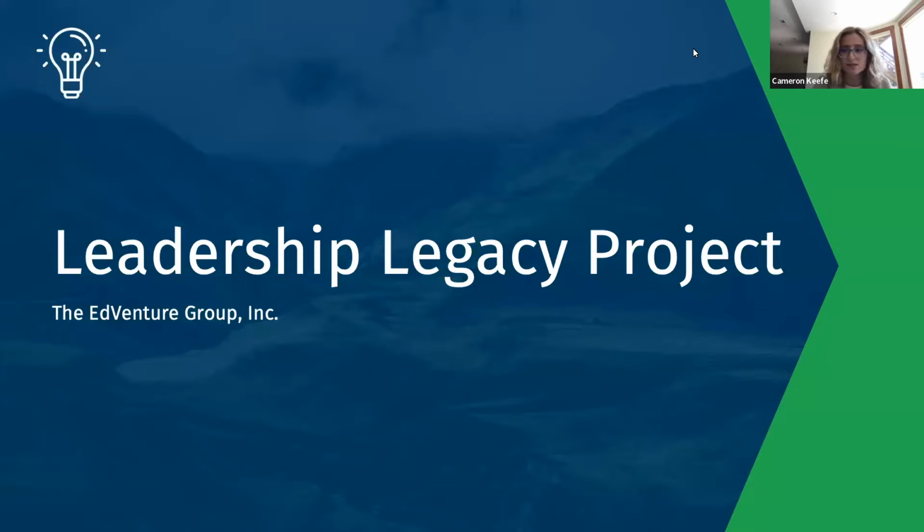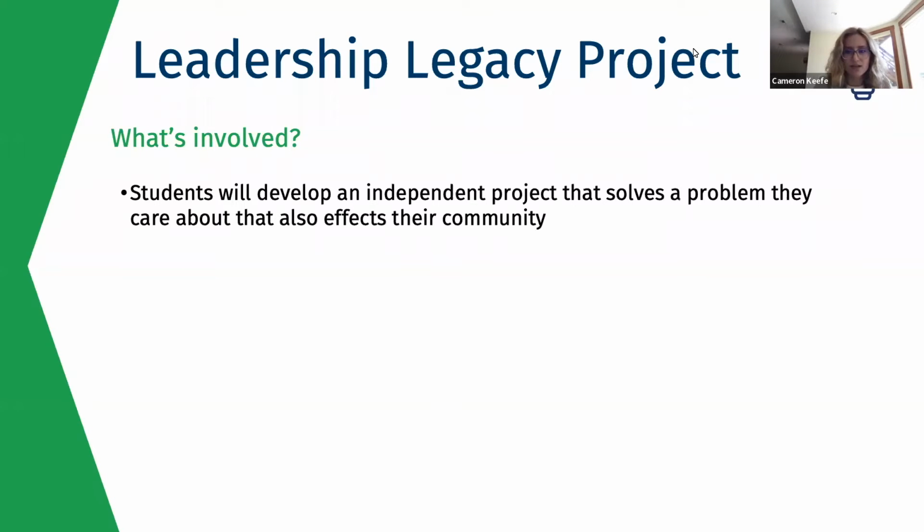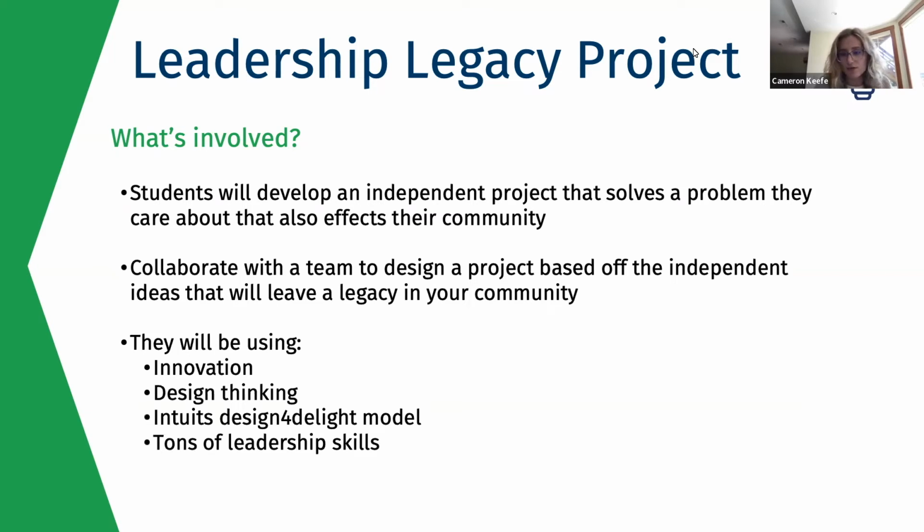First, we will be discussing the Leadership Legacy Project. Your students will soon be developing an independent project that solves a problem they care about that also affects their community. They will then collaborate with their team to design a project based off their independent ideas that will leave a positive impact and legacy on others. To do this, they will be using innovation, design thinking, Intuit's Design for Delight model, and gaining tons of leadership